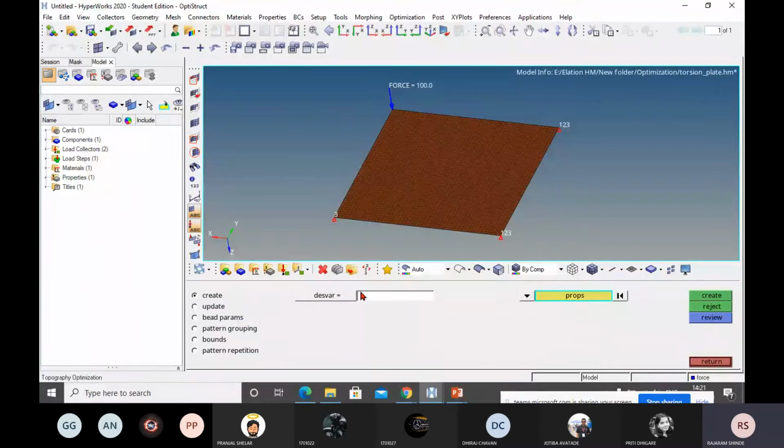Now I will give the name as the design variable topo, as per the type of optimization. Now I will go to the properties. So here in topography you have to select the properties. That means for which elements or for which properties you are going to apply the topography, that you have to select.